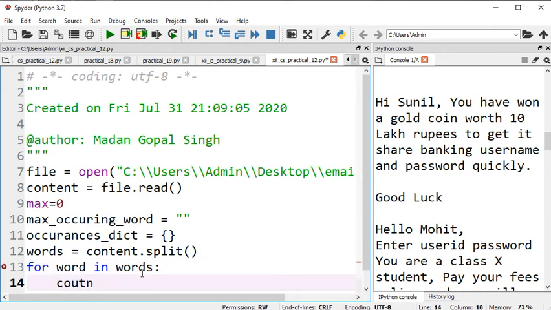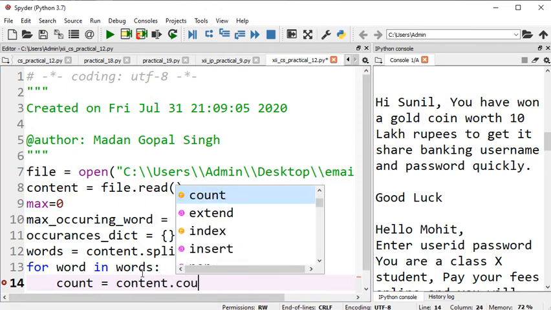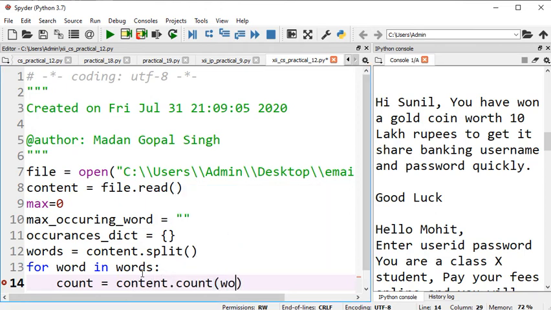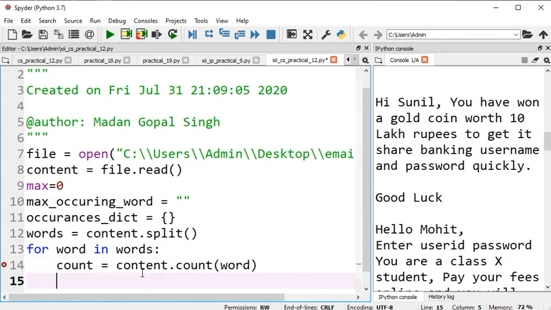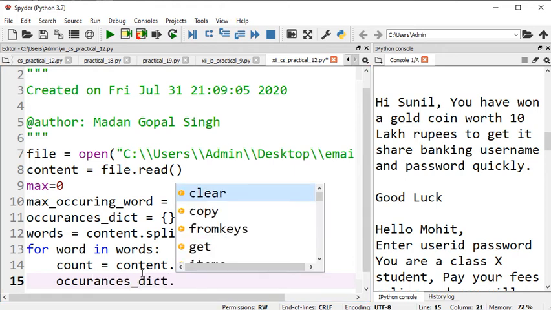Now we are using the for loop to get the frequency of each word in words, and we get the count: content.count of the word counts the occurrence of the word in a string. Then you insert the word and its frequency into the dictionary using the occurrences dictionary update method.